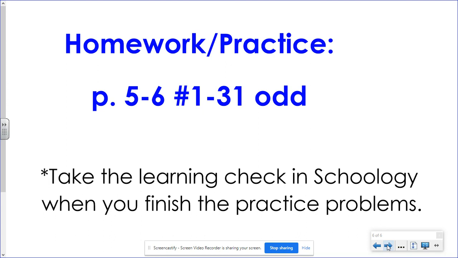However, if you know that you can look at 3 problems and they're all very similar and you can get those right by checking your answer key, I don't really need you to do every single problem. However, as soon as there's a different kind of a problem, you got to try it. You have to keep trying all the different kinds of problems. When you finish this and you check it with the answer key in Schoology, make sure that you do the learning check